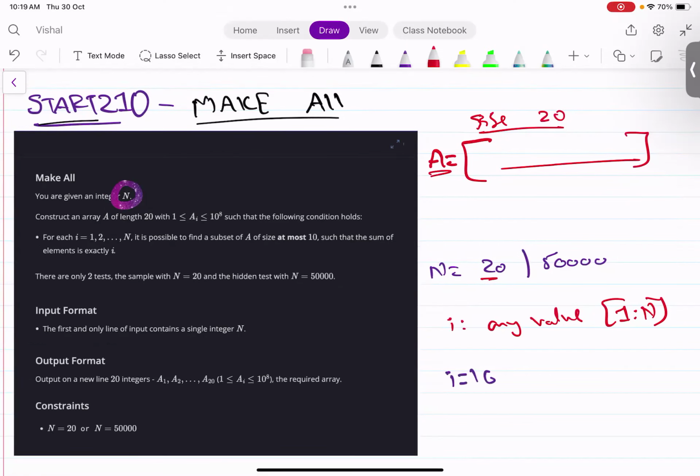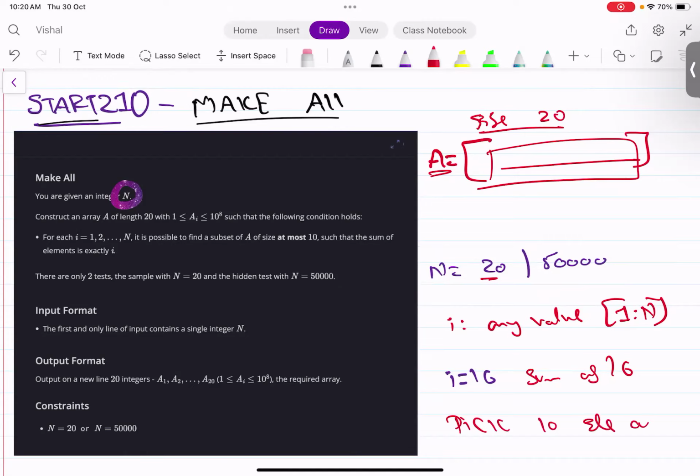So if your I is 16, you can pick a subset of your array A. What do you mean by subset? You can pick any number of values from the array, right? You can pick values from A to get a sum of 16. And you can pick 10 elements at max from A. Yes, 10 elements at max from A. Let's assume